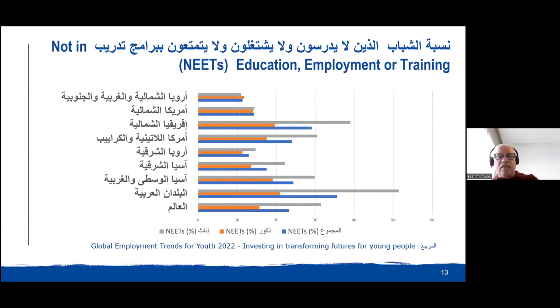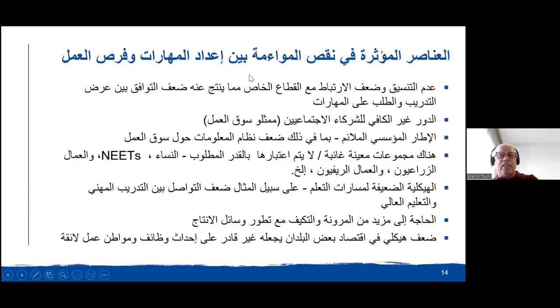And this showcases the level of challenges in various countries, and especially in the Arab countries when it comes to youth employment and the need to find decent jobs for young men and women. There is a lack of coordination and a weak linkage between the training offer and the demand for skills, especially when it comes to the private sector. And by private sector, we mean the productive, the investing sector that will generate job opportunities. And this is resulting in a poor compatibility between the training offer and the demand for skills.